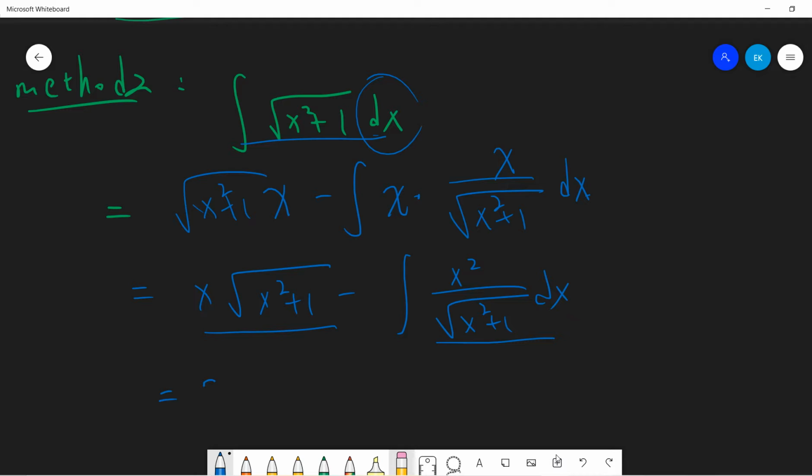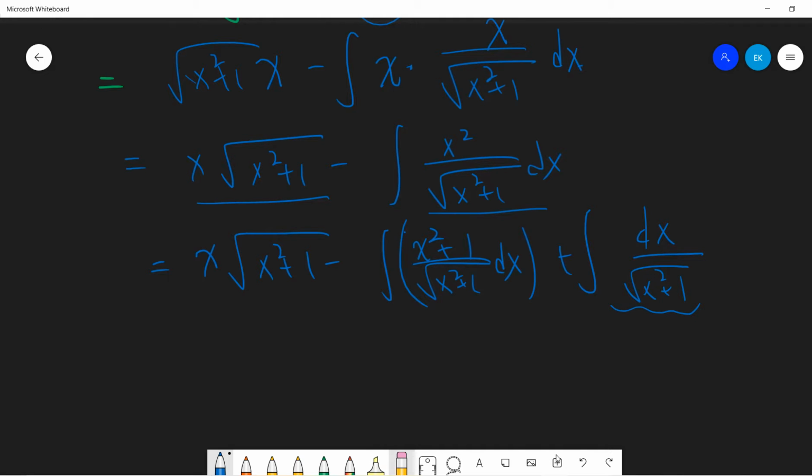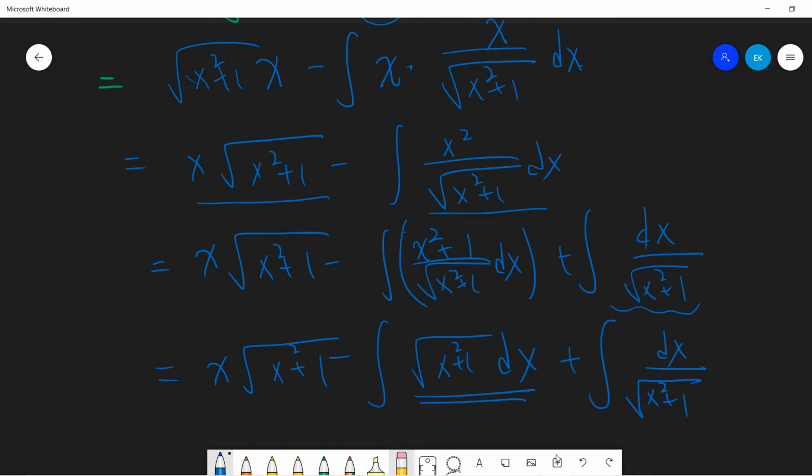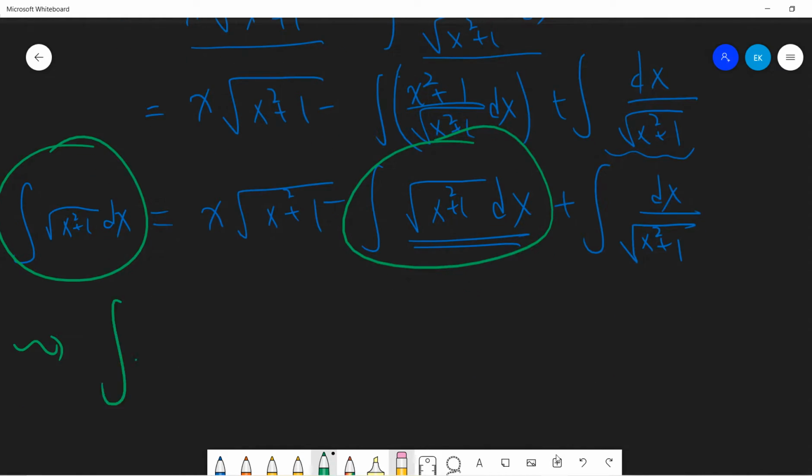We can write x squared plus 1 minus 1, so I add 1 and subtract 1. So the integral of x squared plus 1 over the square root of x squared plus 1 dx, and then minus the integral of 1 over the square root of x squared plus 1 dx. I believe this integral is easy to do, right? So you get this, and then for the other one you get the square root of x squared plus 1 dx. So this is the same as the previous plus this, and this is equal to this. You see these two terms are the same. So finally, you get the integral of the square root of x squared plus 1 dx, which is a half x